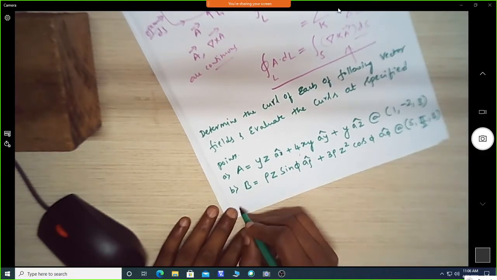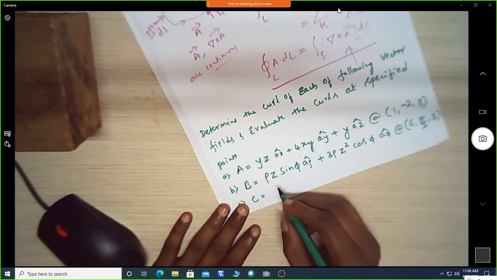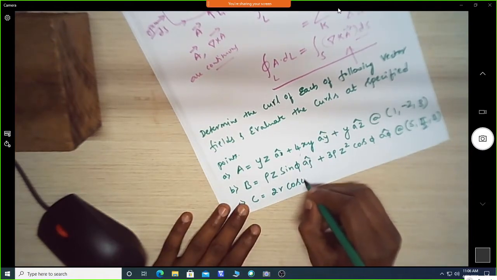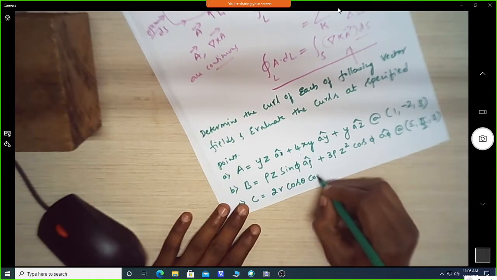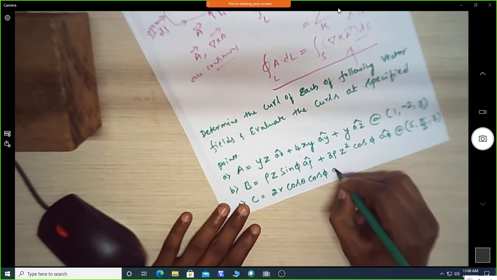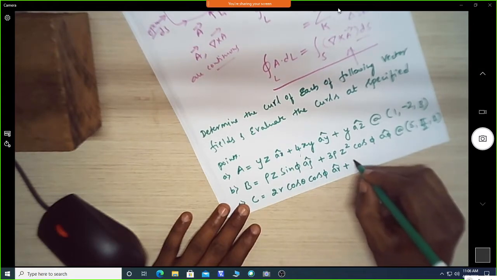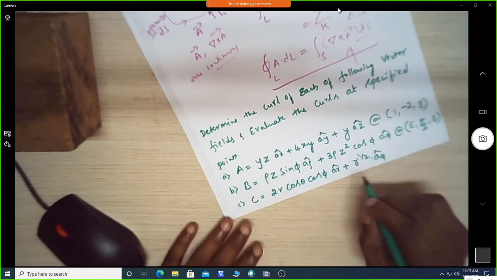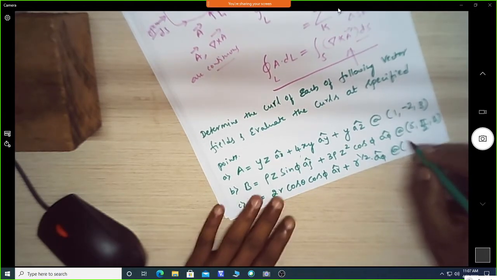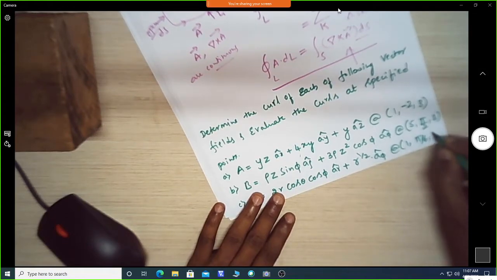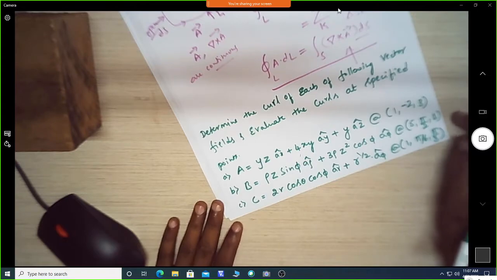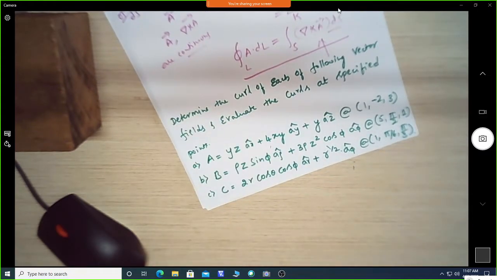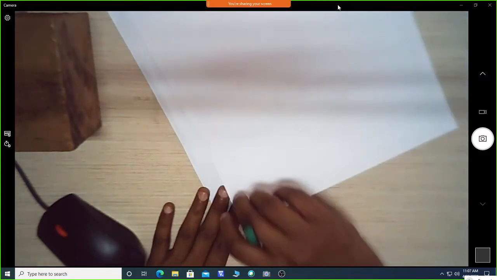Okay, and similarly the vector C, so this will be in spherical coordinate system, that is 2r cos theta cos phi in the ar direction, plus r to the power half in the direction of a phi, so the a theta component is 0. So this you have to evaluate at (1, pi/6, pi/3). So this is the given problem. So you need to find out the curl of all these vector fields and evaluate at a particular point. So now we know the